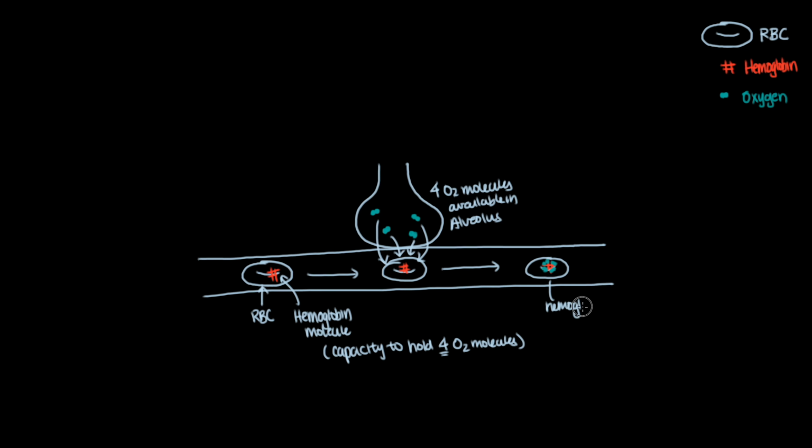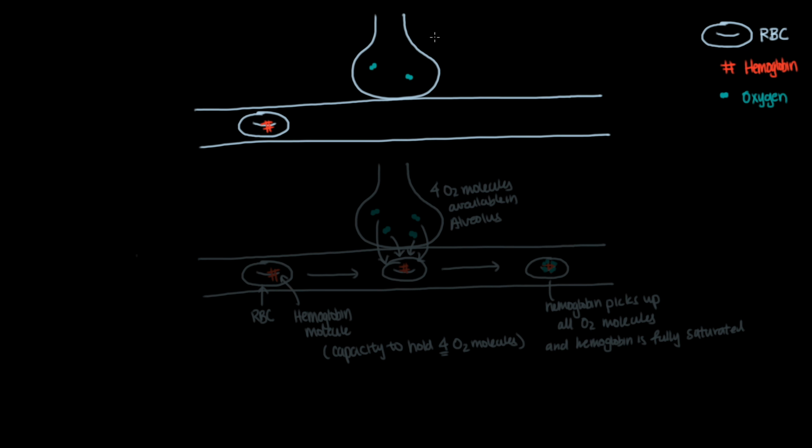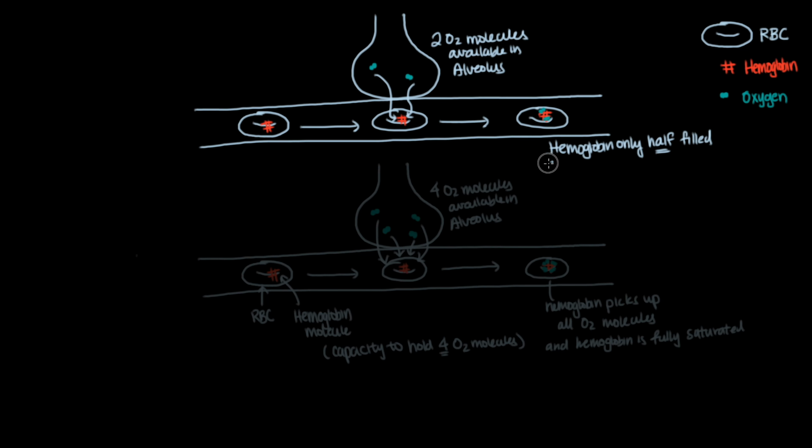In this case, the hard work that the heart did to pump that red blood cell to the lungs, and the hard work that the lungs did to bring those oxygen molecules are completely used to their full capacity, and thus maximizing efficiency. Let's say instead of having 4 oxygen molecules waiting to be loaded, there are only 2 oxygen molecules there because maybe the air didn't have enough oxygen to begin with or something along those lines. In this scenario, when the red blood cell makes its way to the capillary alveolar interface, it's only able to load the 2 oxygen molecules, leaving the hemoglobin only half filled. This means that half of the effort of bringing the blood to the lung was wasted,